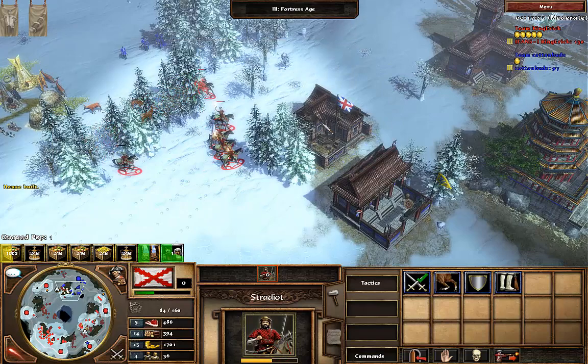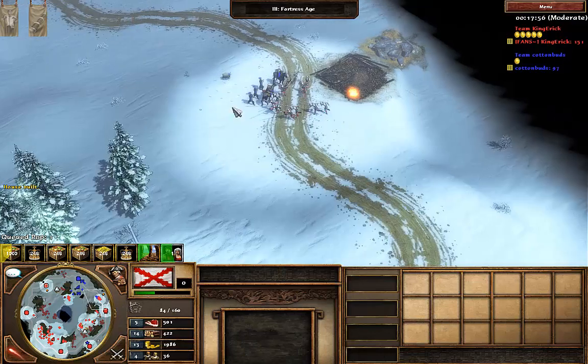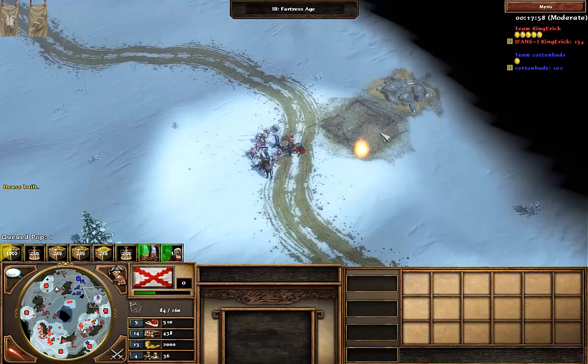I don't see him. I'm trying to take out that consulate because he's sending consulate units, but I'm unable to do so. He sends an army into my Swiss pikemen. Now I'm just going to eat him alive. You might have noticed